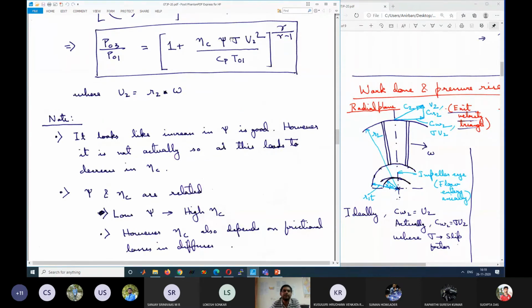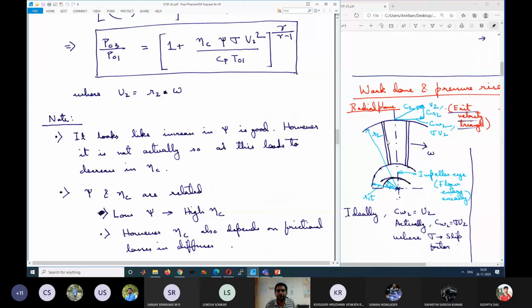Now the other option is to increase sigma. Power slip factor, not power input, slip factor. How to increase the value of sigma? Increase the number of vanes, so that slip is less. But I have already told, if we keep on increasing the number of vanes, the metal has a certain cross-sectional area, this thickness. So if more vanes are there, say 100 vanes, the overall area for the flow will get reduced because much of the area is taken up by the thickness of the vanes itself. So this is not good.